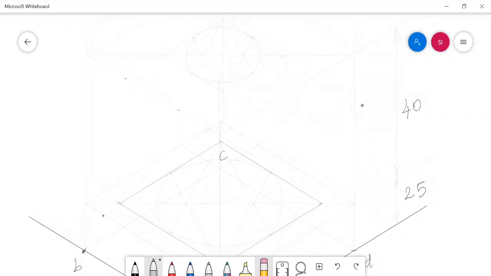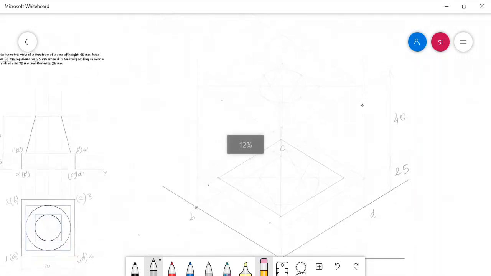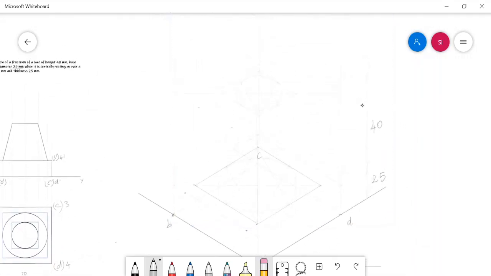Now I completed the top and the bottom base of our cone.